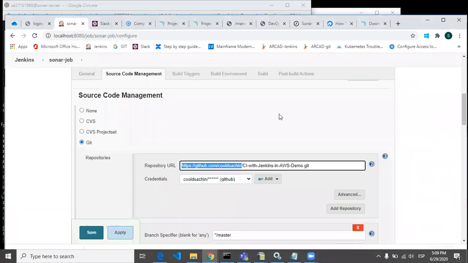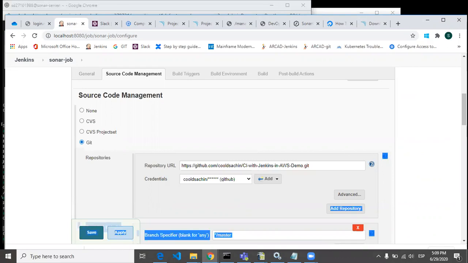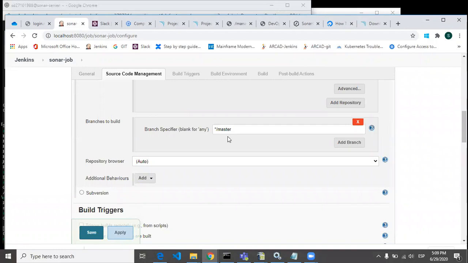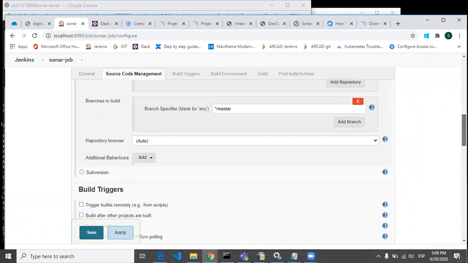So this is the clone URL of that Git. The credential which I have given is of GitHub. Branch is by default master.